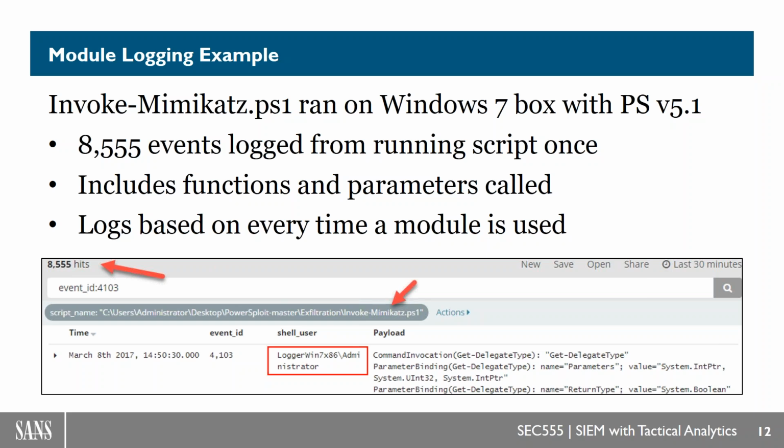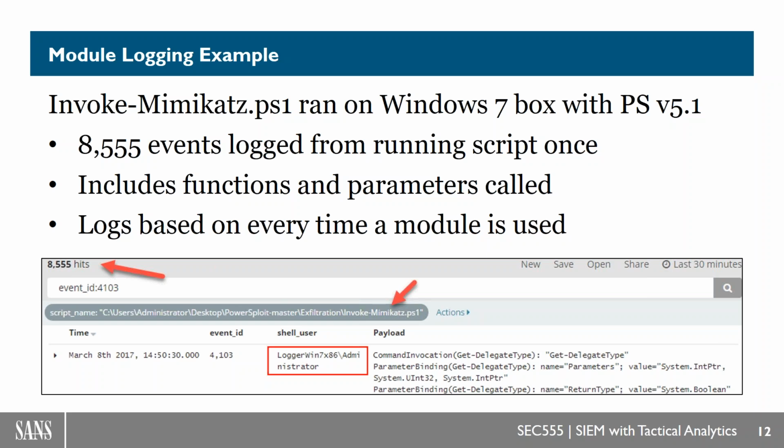So every time a module runs, it's going to log that in the module log, right? It's going to create a separate log in your Windows event log, under your application and services logs, Microsoft Windows PowerShell operational log. And it cuts that 4103 event ID. Every time that module runs, it's going to cut an event. It's going to show you the module and the parameters. And even if a module gets run multiple times, it's going to log that every time it gets run.